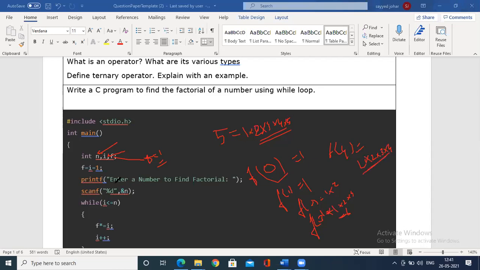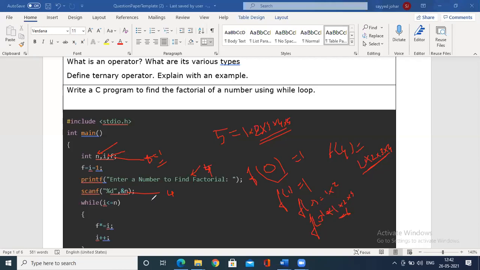In the same way, how do you write this program? First, enter the number for which you want to find the factorial. Imagine you have entered 5 or 4. Let us iterate for 4. When you enter 4, 4 will be stored in the memory of n. Now I need to calculate 1 into 2 into 3 into 4. How many times do we have to multiply? 4 times I have to multiply. This is an important program.